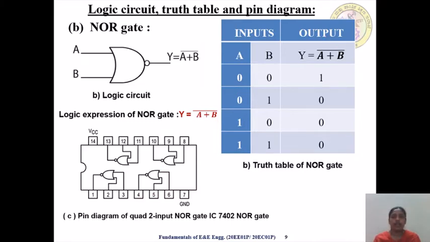4 is the output and 5 and 6 are the inputs. So here 8 and 9 are the inputs and 10 is connected to the output, and 11 and 12 act as the inputs and the 13th one is connected to the output. This is how you need to check and verify the truth table for all 4 gates based on the pin diagram.